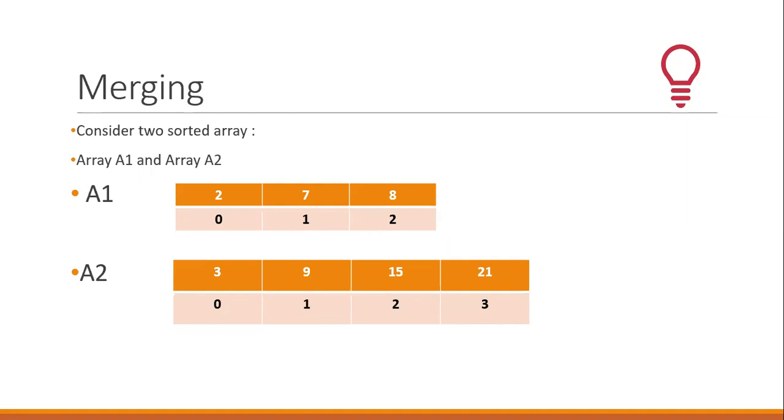Now, we have to make sure that all the elements of array 1 and array 2 go into the third array, which means all the elements of array 1 from the lower bound to the upper bound of array 1 will be considered, and in array 2 all the elements from the lower bound to the upper bound of array 2 will be considered. Then you can understand what the size of the third merged array will be. Because array 1 has 3 elements and array 2 has 4 elements, the third merged array will have 7 elements.